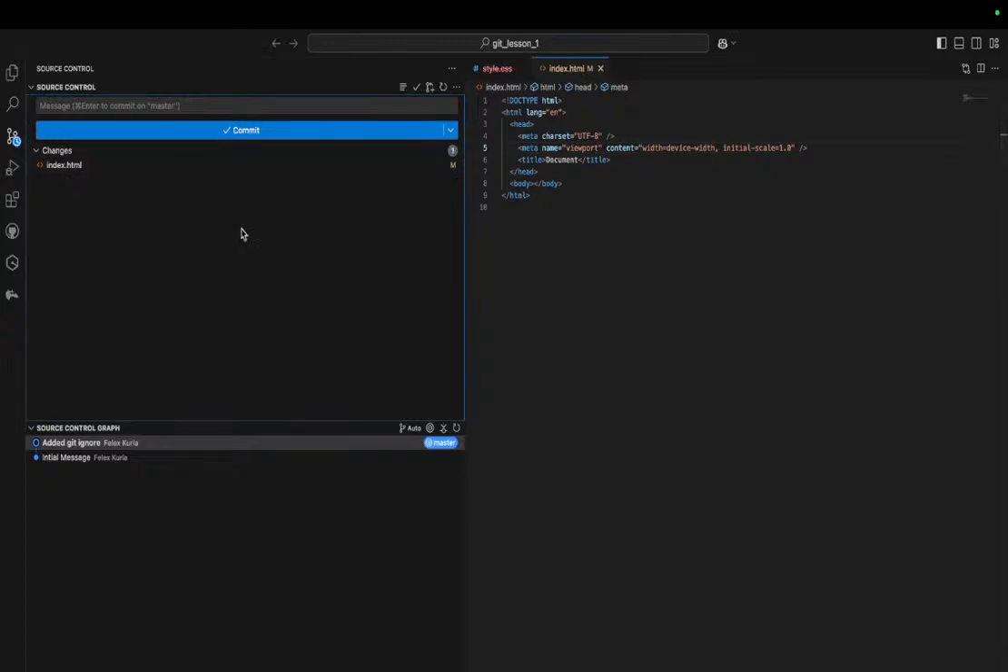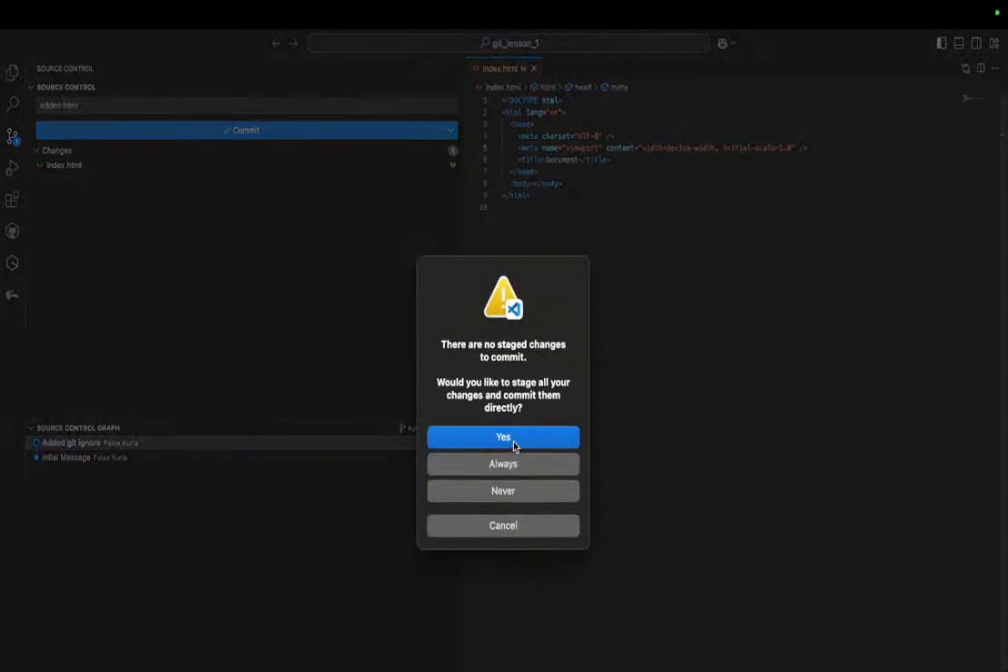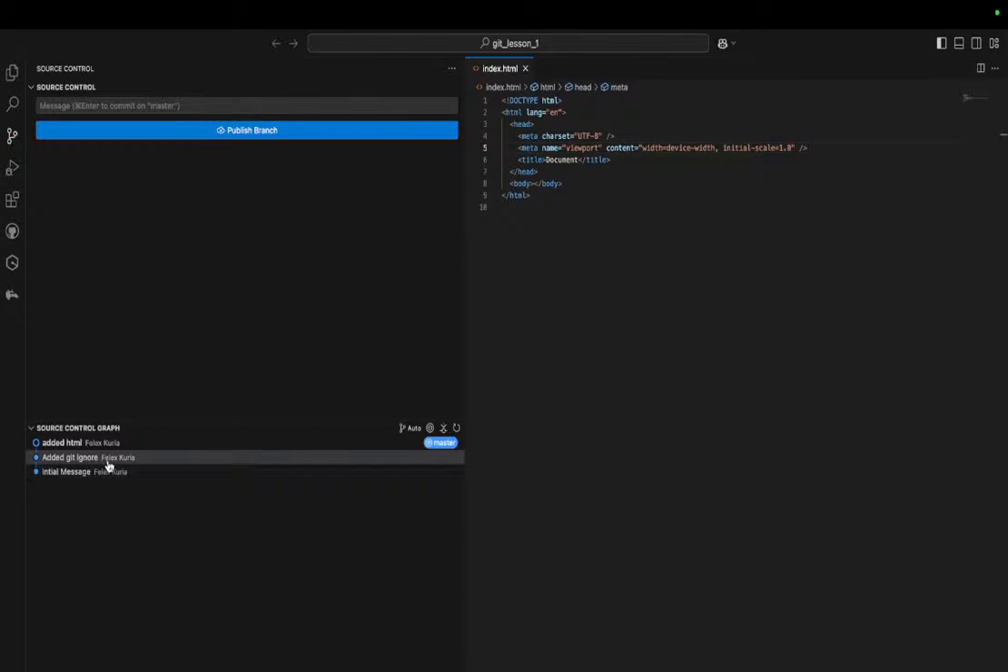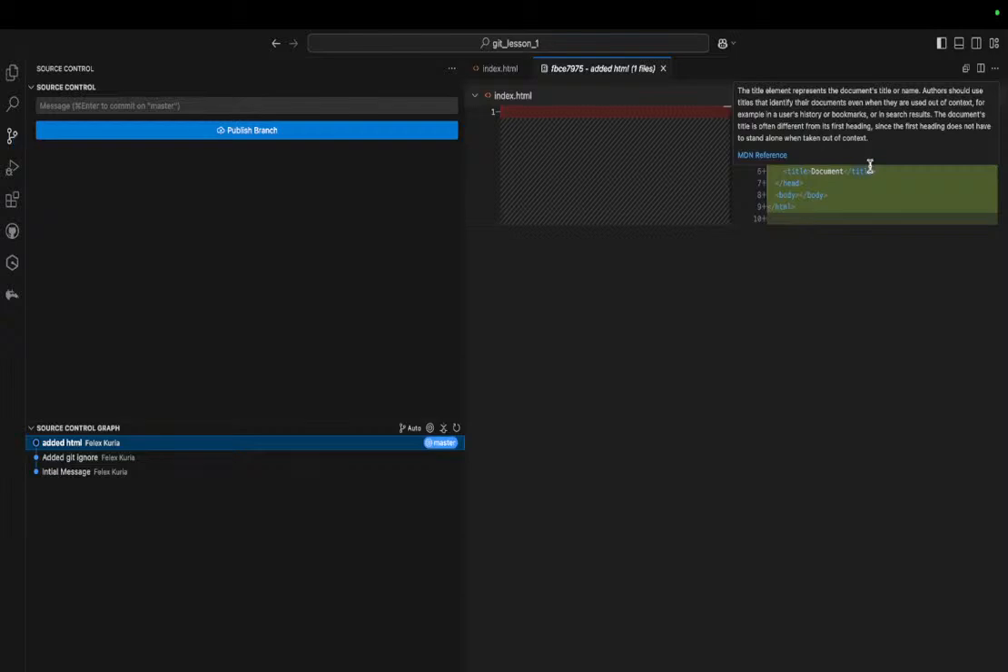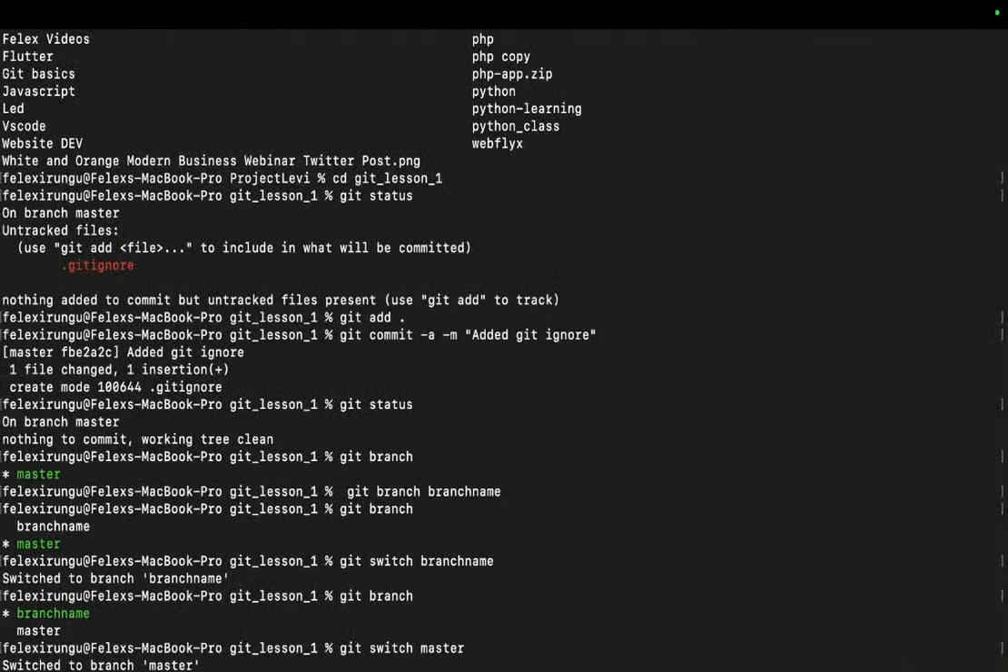Let us delete that part before it can cause some errors, but let us first of all commit the CSS part. So we say we have added the HTML code. So if we go back and switch,